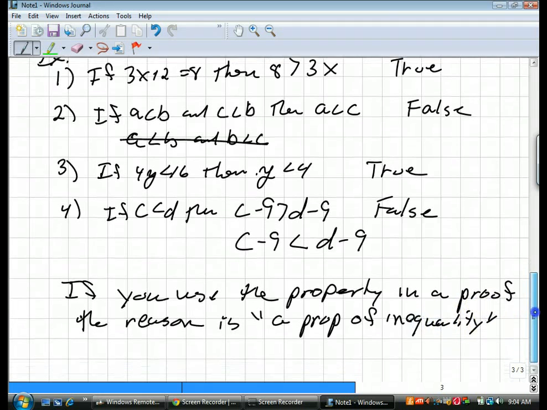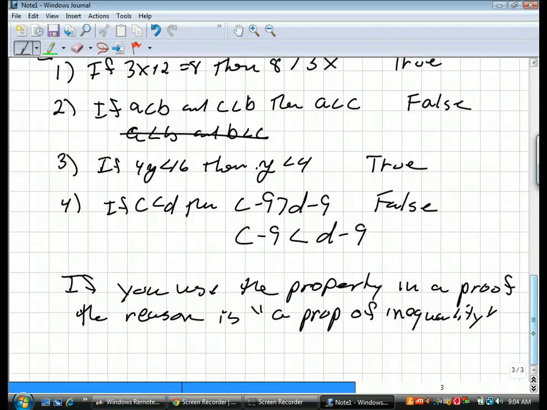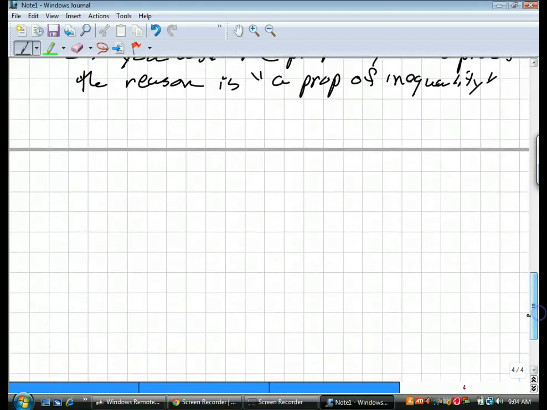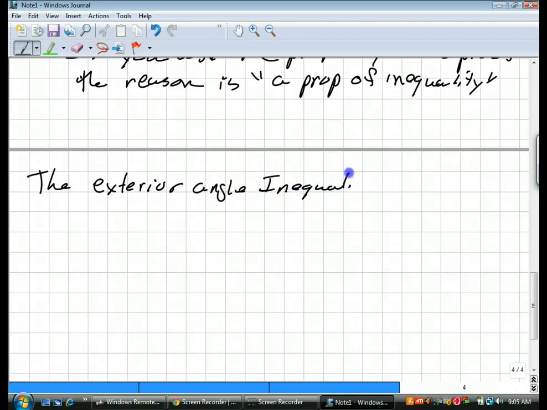Because each one of the properties doesn't have a specific name, so we just say a property of inequality. All right, and then we have a very important theorem. It's called the exterior angle inequality theorem. Okay, so when theorems have a name, it's usually because they're really important and they're used a lot, okay? And the exterior angle inequality theorem says